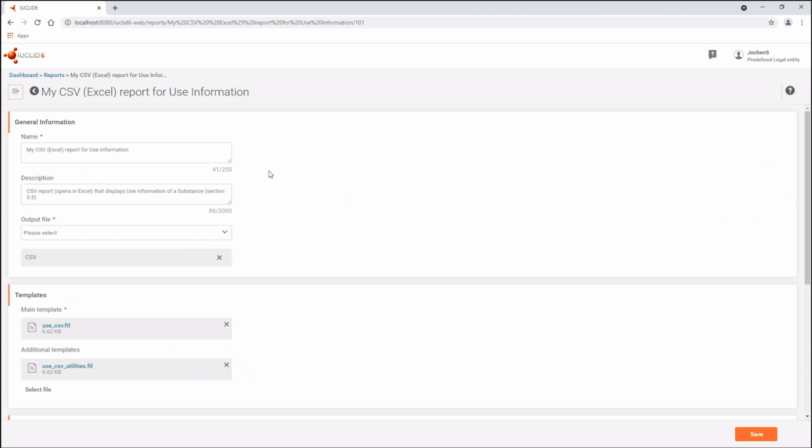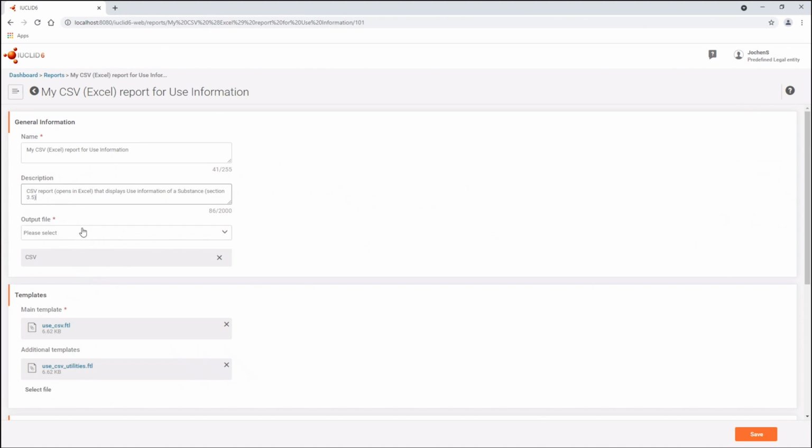You will notice, like for the user management, there are a few mandatory fields. First of all, you should always give a name to your report so you can identify it when you generate it from a Euclid entity. You should also give a description, although this is not mandatory, but very much helps you to identify what the report is doing. The next field is mandatory, which is the output type. You should always give an output type to your report so that Euclid knows what is the type of generation it should be